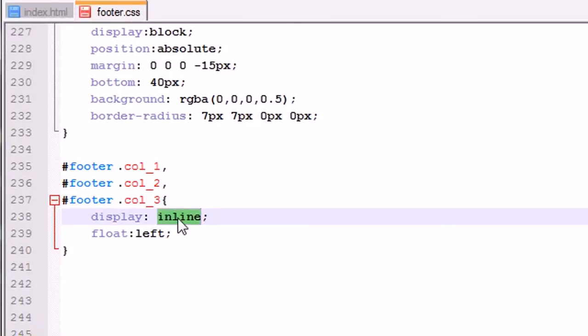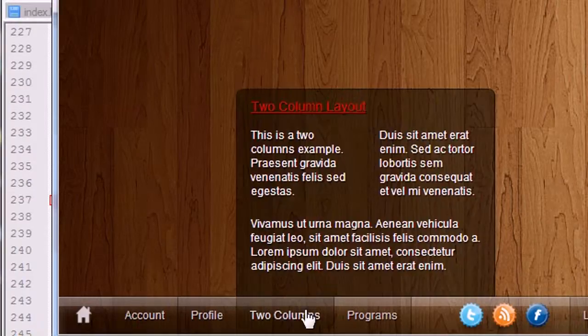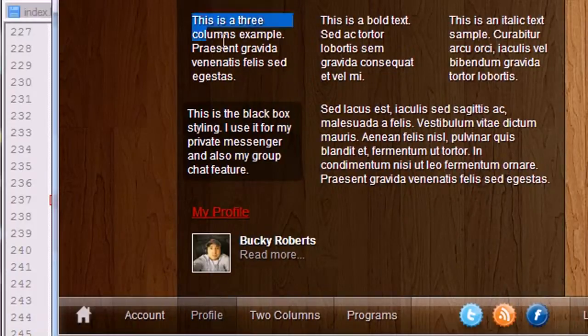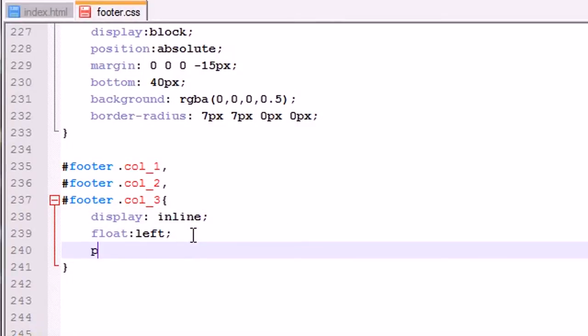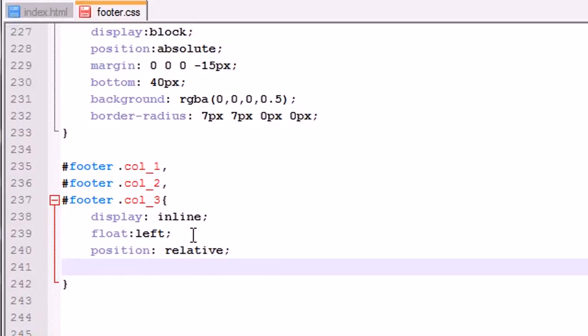Now, if we display them as a block, then what would happen is, you see how these columns appear right side by side next to each other? If we display them as a block, then they would be stacked on top of each other like blocks. So whenever we display them as inline and float them to the left, that makes them appear side by side, of course. Now another thing that we want to do is position them relative and also give them a margin